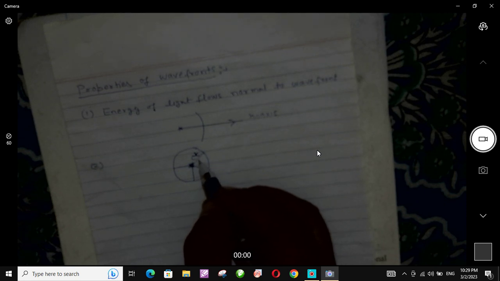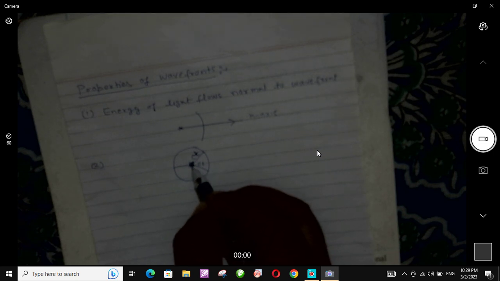So distance is equal to velocity into time. In the same way, in each side of the wavefront, radius will be c into t. So at each point of the wavefront, distance from the source, that is point source, is same,